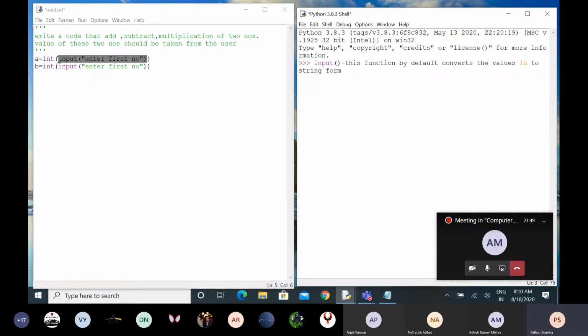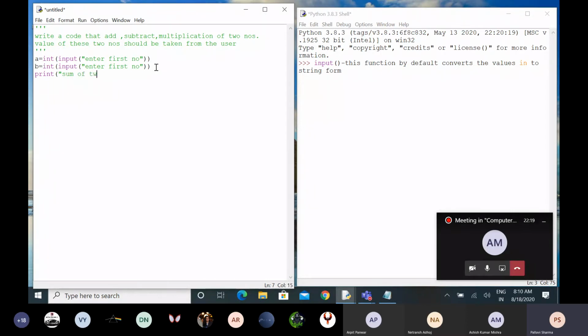So by default, whatsoever value you provide in the input function, it will convert into string form, because here we have to do the calculation. For that I have converted that string value into the integer form so that we can do the calculation. Clear? There are many ways to write the same code.